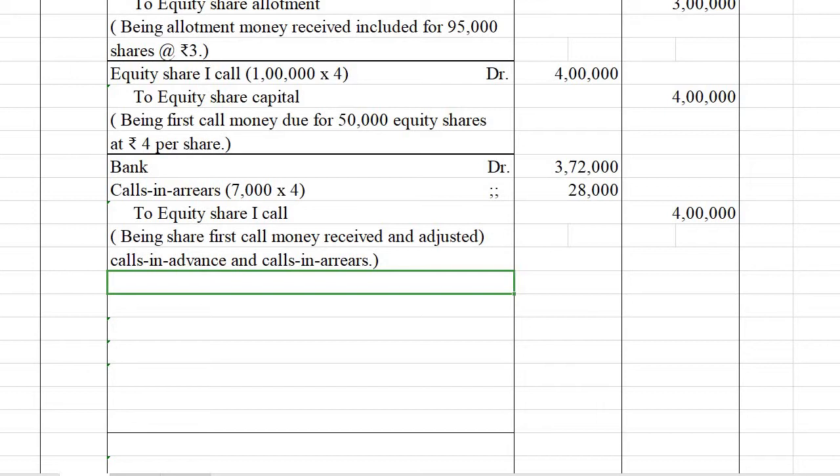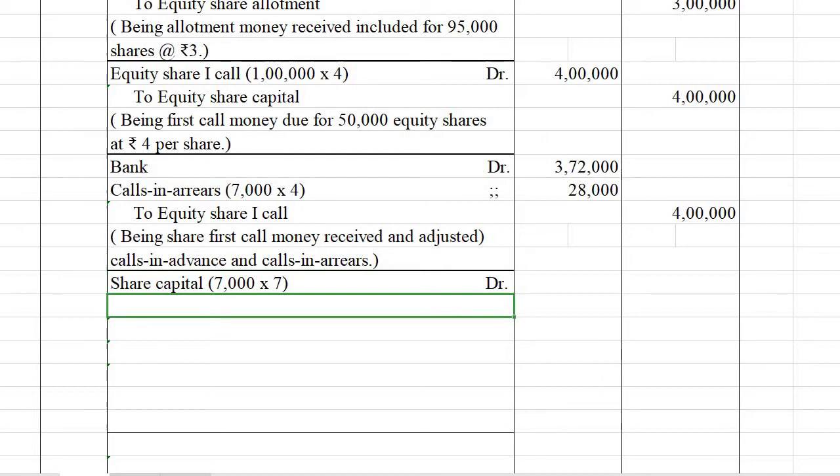Here in the case of the first 5,000 shares, he did not pay the premium amount. So we have to write premium for those 5,000 shares. So securities premium reserve, 5,000 shares into that amount, 2 rupees. Then to forfeited shares. To forfeited shares means the amount paid by the shareholder. Then the other calls, that means allotment or calls for which the amount was not paid. So let us write the journal entry, share capital debit.